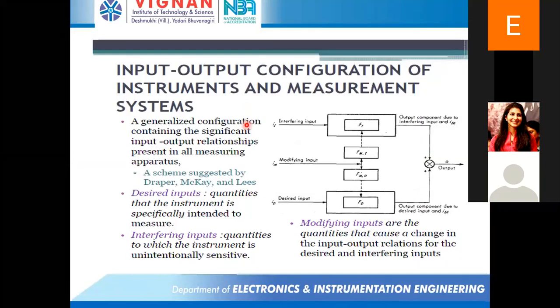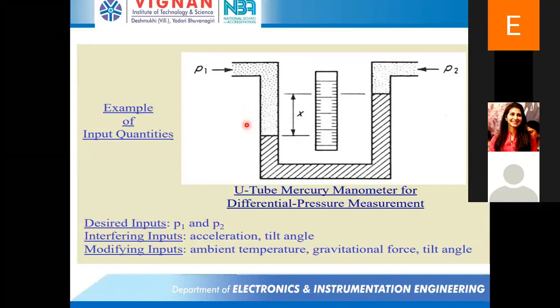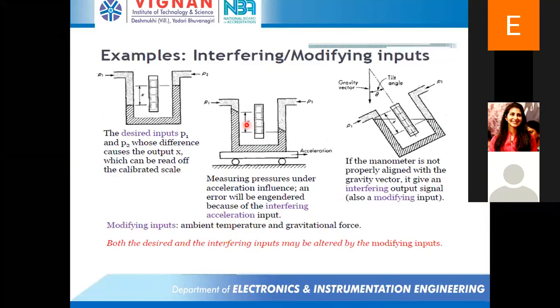But this approach is not practicable in many situations. In most situations this approach is not practicable, but it acts as a motivating factor in many cases to use some ingenuity for elimination of these effects. These are called spurious effects or unwanted effects.